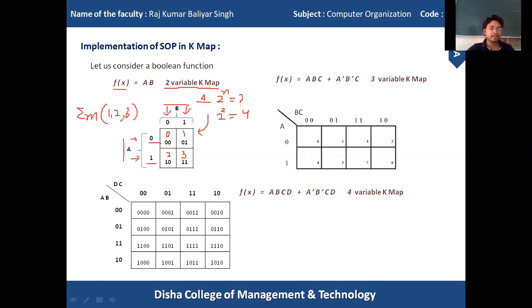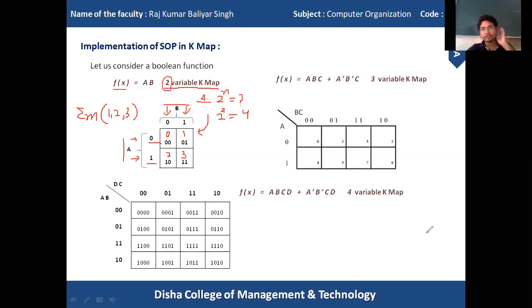These numbers are nothing but the decimal representation of the cell index. That means 1 represents this cell, 2 represents this cell, 3 represents this cell. So this is the two variable K-map. This is all about the two variable K-map.